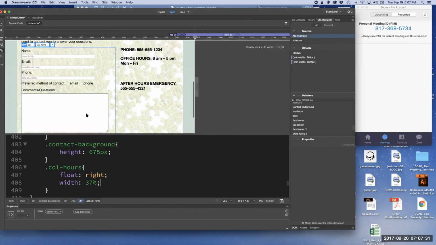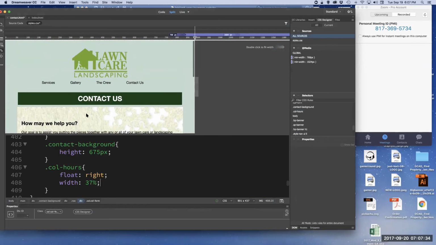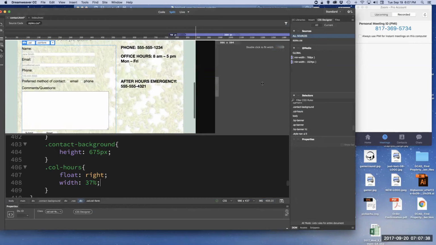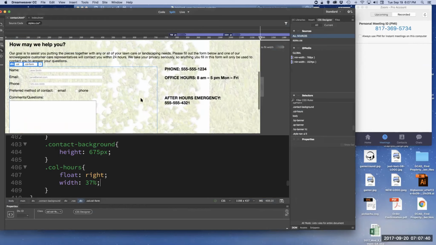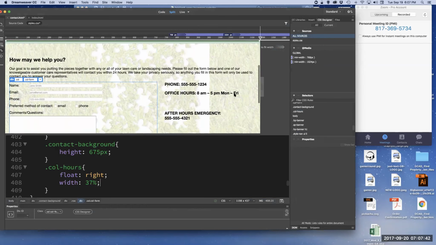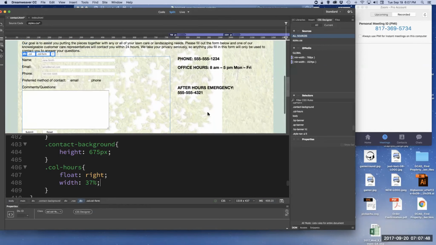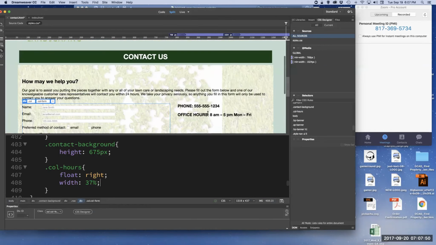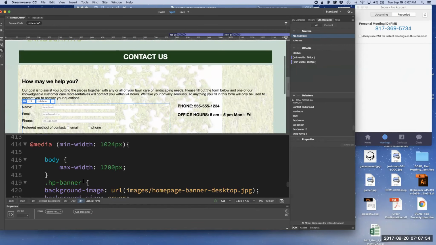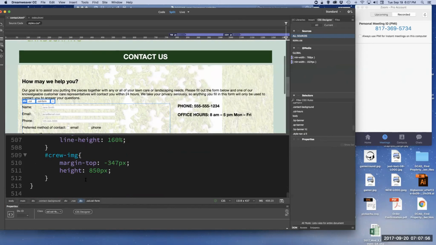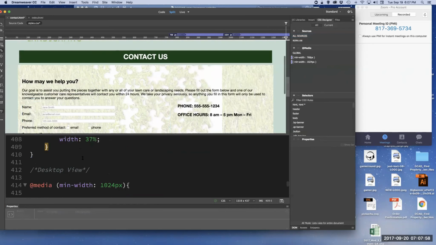So there is the contact form in tablet view. Let's bring it on out to desktop view and see what we have. Right in desktop view. We've got an issue with our image, don't we? We weren't having that issue until desktop view. So let's go down to desktop view, go to the bottom of it. Put your cursor